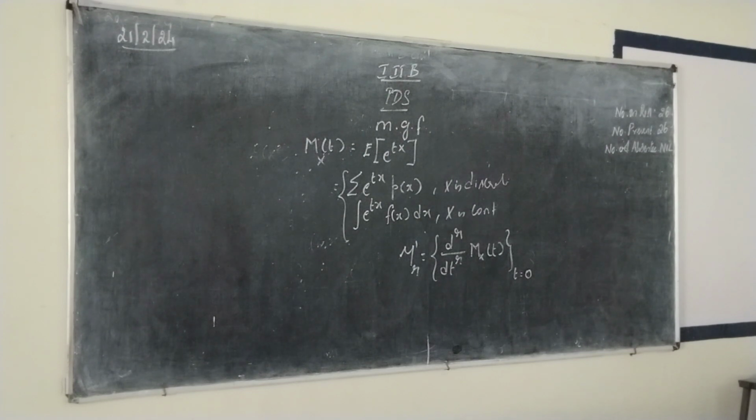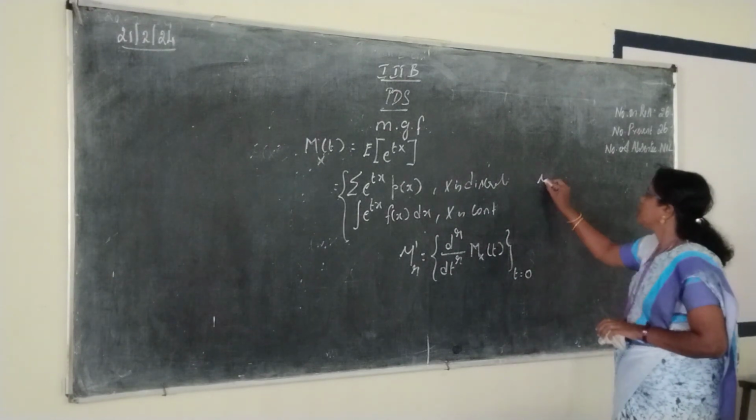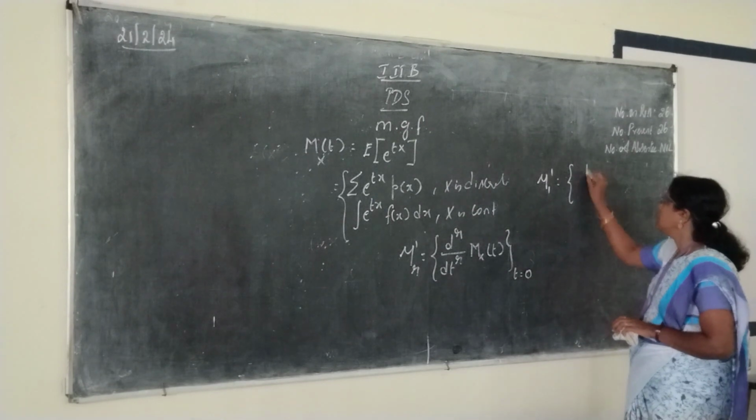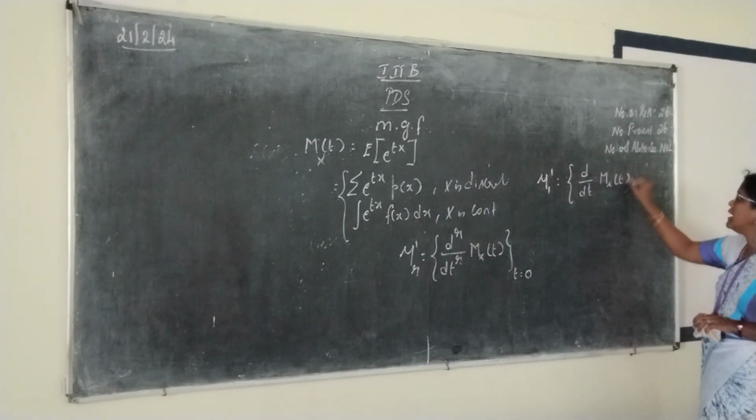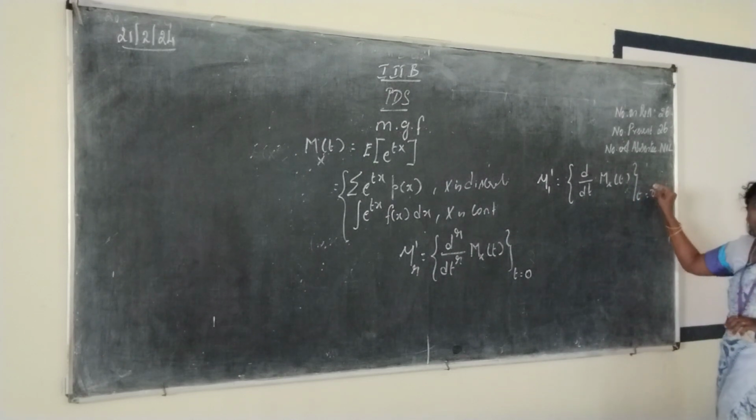So what is the first moment about origin? Mu 1 dash. Instead of r, you have to replace it as 1. So what is the formula for mu 1 dash? Mu 1 dash will be equal to d by dt of Mx of t at t equal to 0. You have to find Mx of